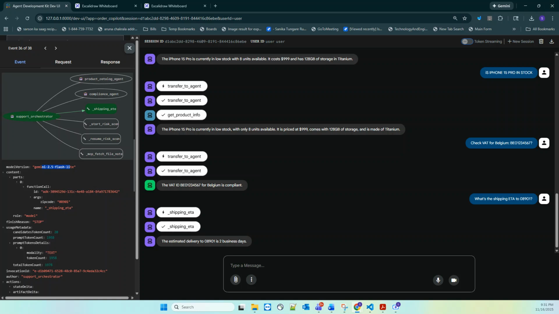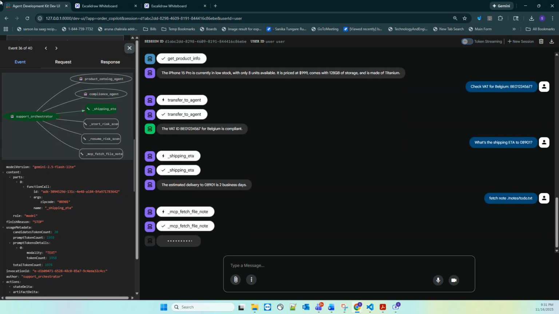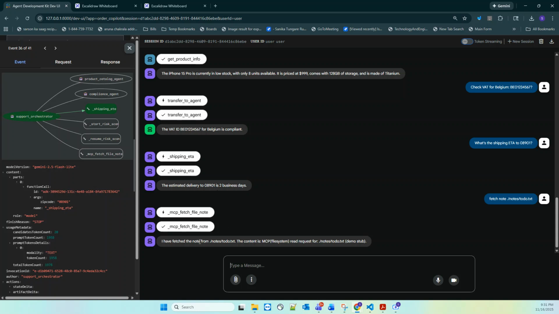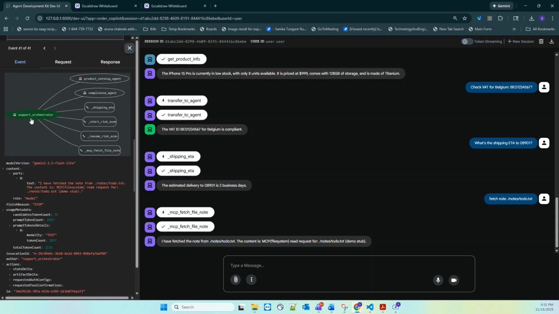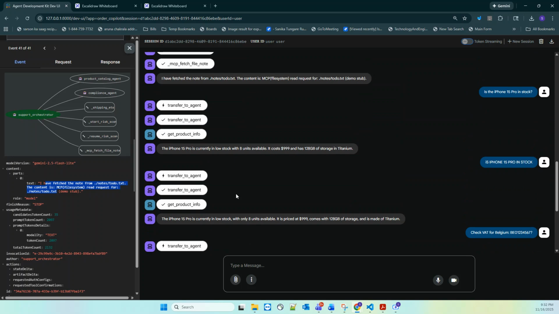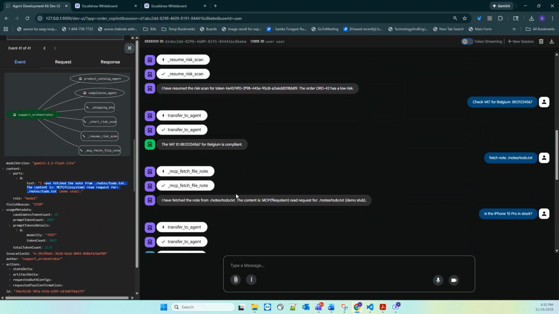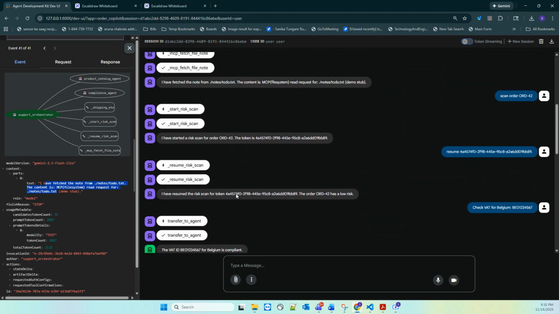Let's check out some questions related to MCP, whether it gives the answer or not. Again, do not quote me, this is just a mock, which can be used at an enterprise level. And here we see MCP fetch nodes are also working correctly. And if you want to see the calls for this, again we have the support orchestrator which is calling MCP fetch, and it is giving you the answers related to that. This is very important. It just speaks to us, and it transfers agent to agent according to the question.